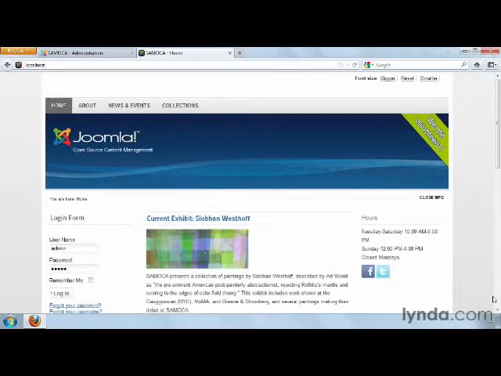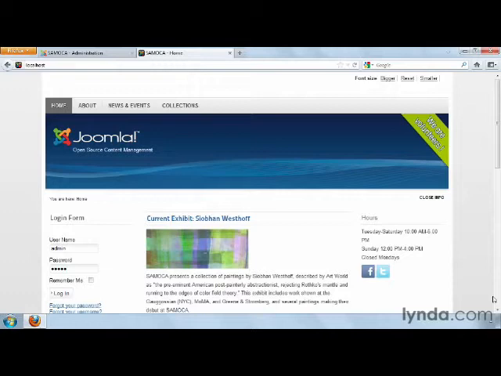The next thing I'd like to add to this website is a newsflash component. It'll show me the latest news over on the side of the web page here. And I think where I'd like to put it is just on the home page, above this login form. So I'd like to have that newsflash appear there. It'll pull one article perhaps from the news and events areas and display it right there on the left column